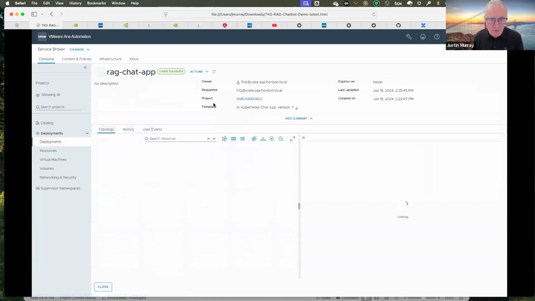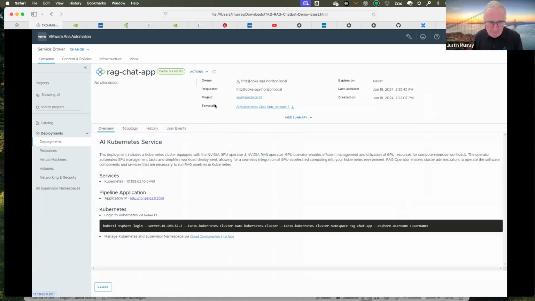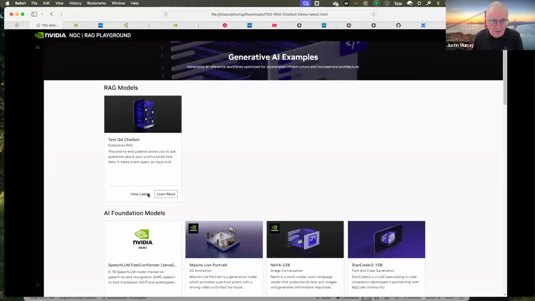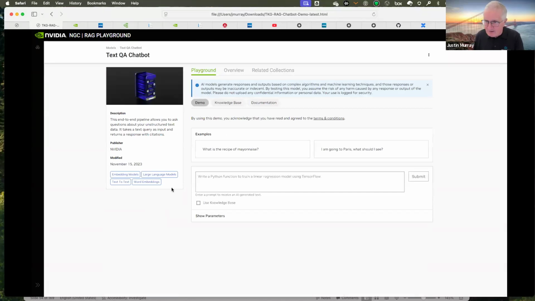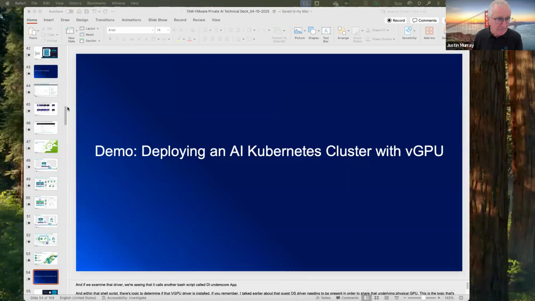So if we go forward, all of the automation in the background has produced this page. And this page allows me to click into the application, and I clicked into the application. This is the running application, and this is exactly the application that we started out with at the beginning. So very quickly, within 15 minutes, we can go from scratch, having nothing, to having a running Kubernetes cluster that's now supporting an application with a chatbot running inside of it. Okay, that was demo number 2, demo 3 coming up.